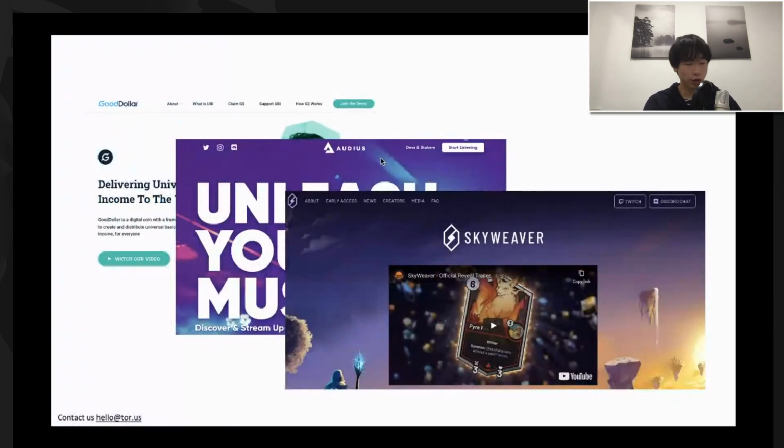The numbers have shown for themselves. Audius, who we heard from earlier, has 200K monthly active listeners. Skyweaver is super exciting, and a lot of the top applications in the space are following this permissions flow.